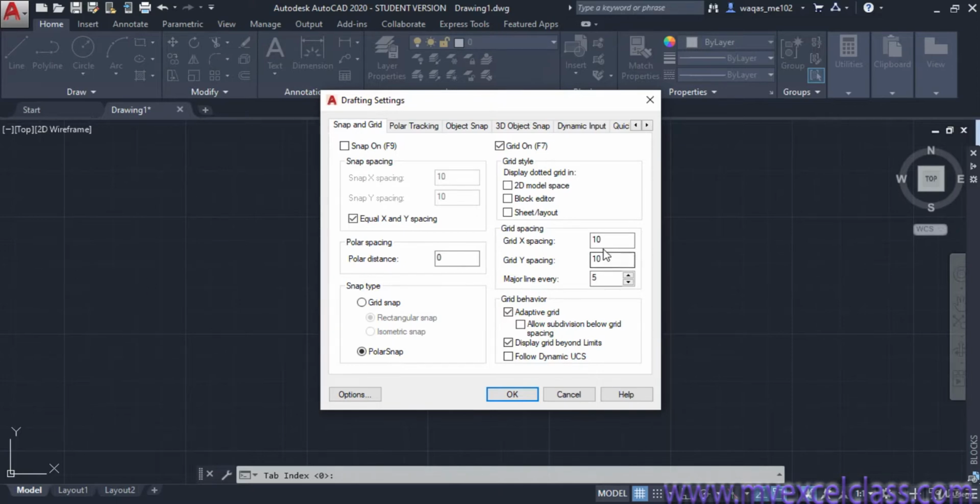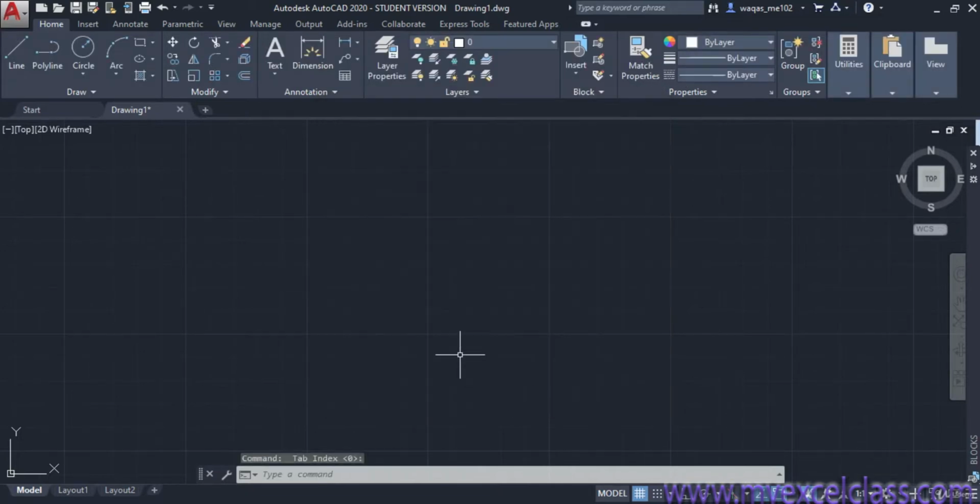What does this mean? It means that you can see we have a major square box, and further in this major square box there are 5 sub boxes on the x-axis and 5 on the y-axis.